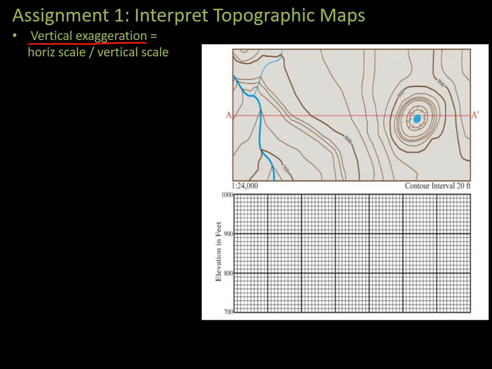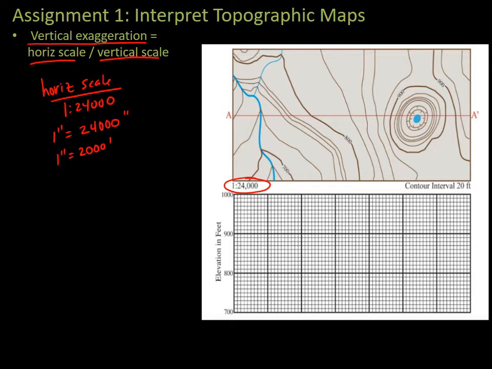And so to do the vertical exaggeration, we need to know the horizontal scale and the vertical scale. So let's figure those things out. The horizontal scale is given to us, 1 to 24,000. What that means is that 1 inch on the map is the same as 24,000 inches on the real world, on the real landscape. And since 24,000 inches is the same as 2,000 feet, there's our horizontal scale. 1 inch on the map corresponds to 2,000 feet